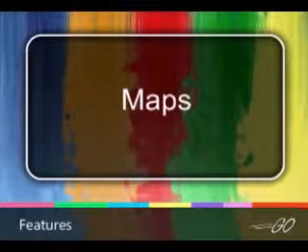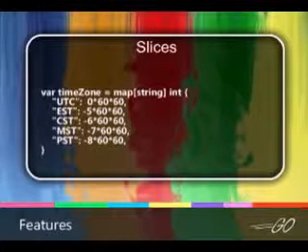Like slices, maps are reference types. If you pass a map to a function that changes the contents of the map, the changes will be visible in the caller. Maps can be constructed using the usual composite literal syntax with colon-separated key-value pairs, so it's easy to build them during initialization.